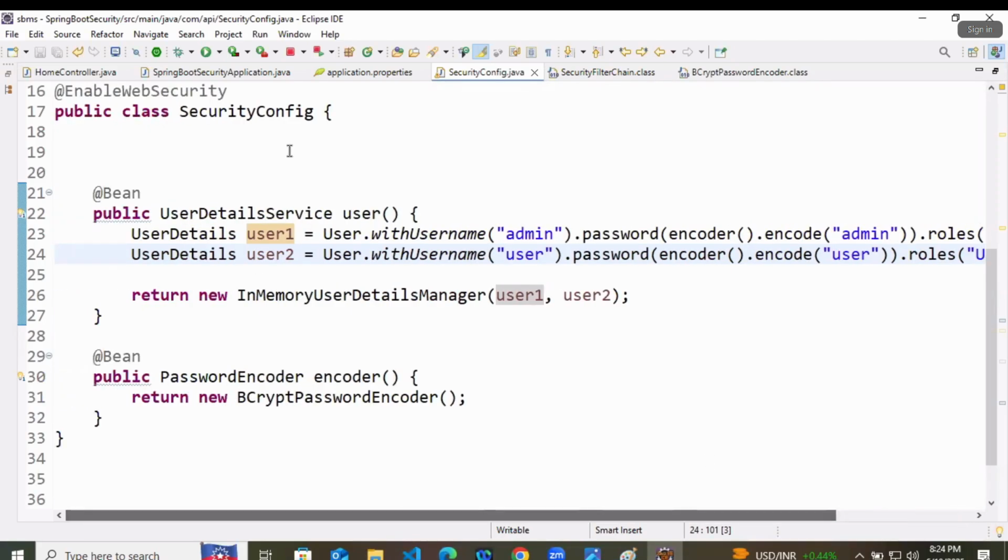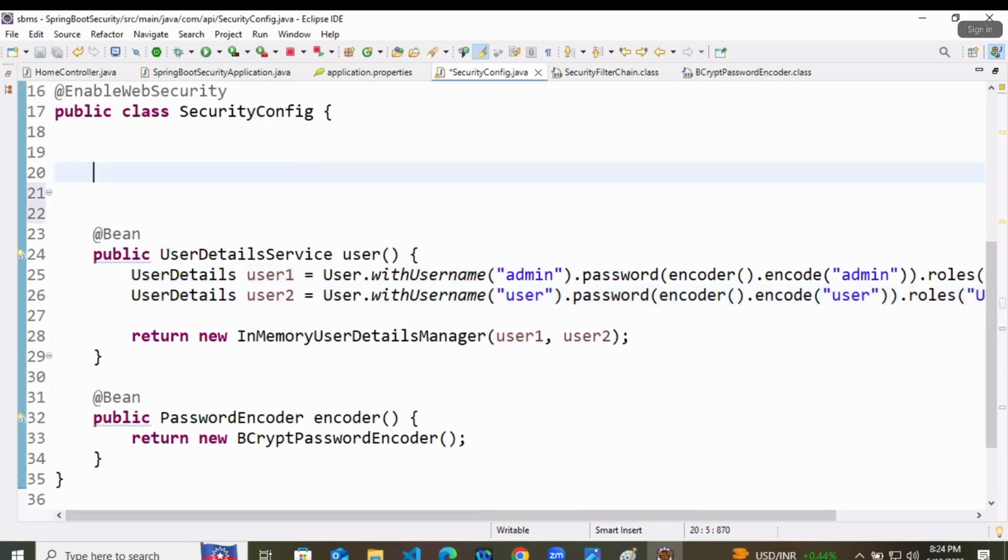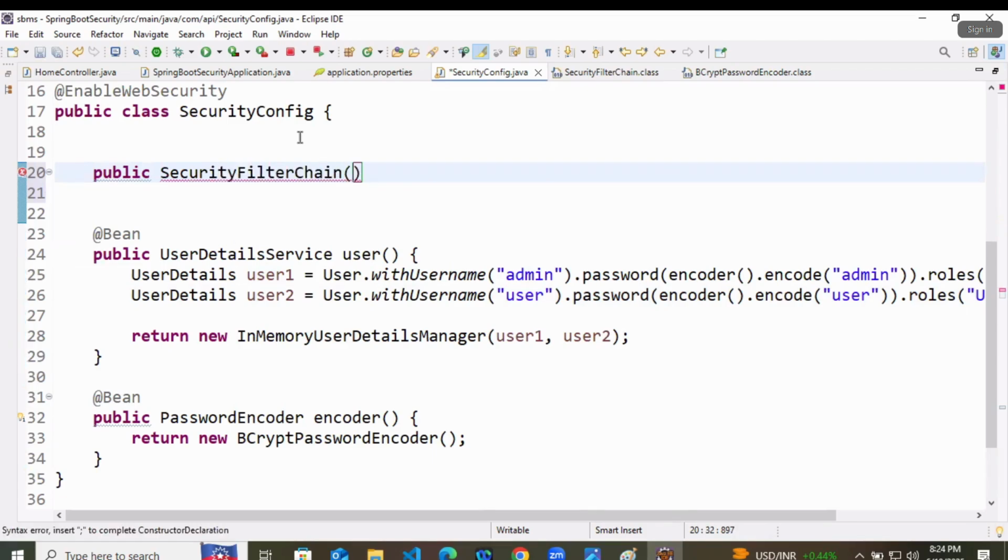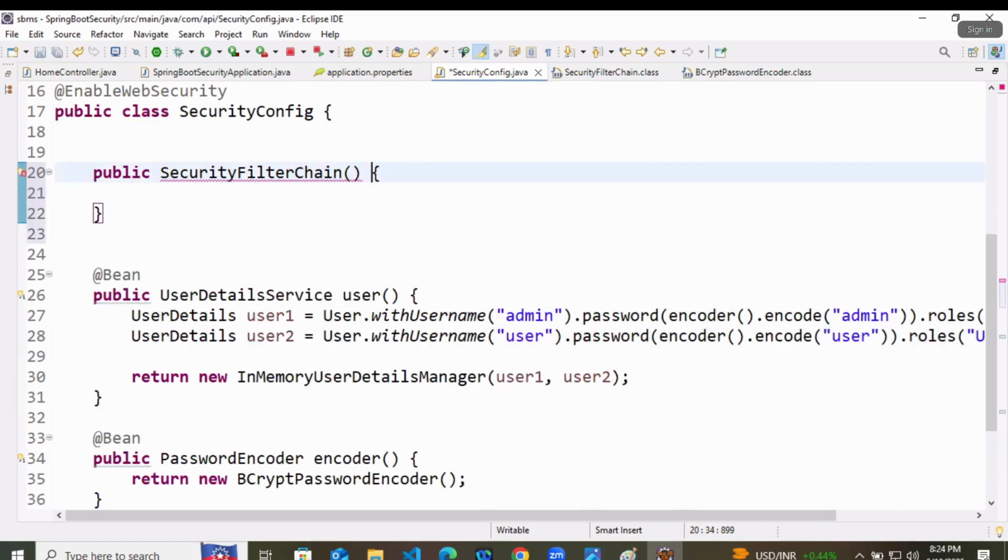Let's try to create a filter chain now. Now we will filter out the requests that are coming. So public security filter chain, method name is, we can keep filter chain.